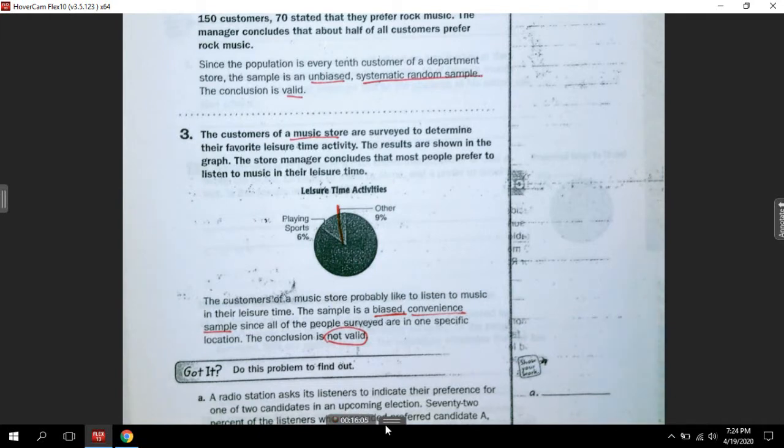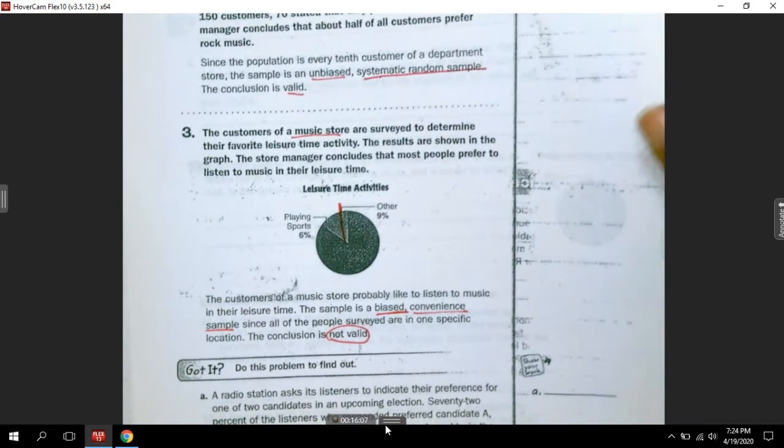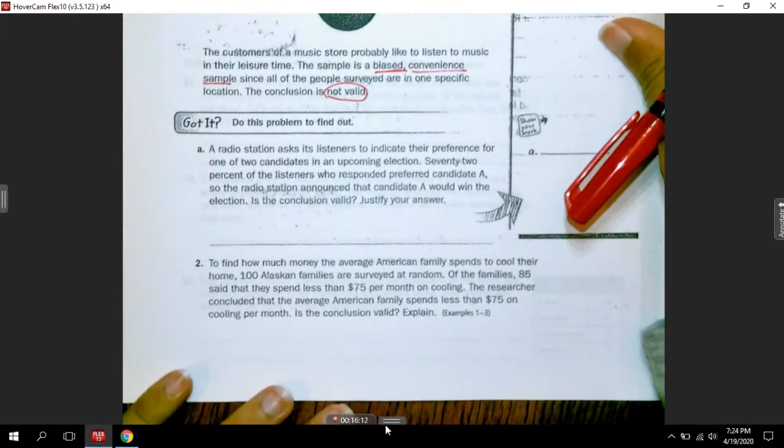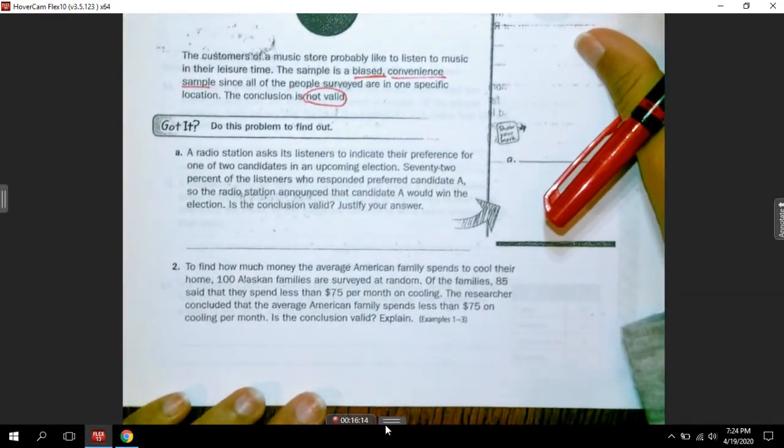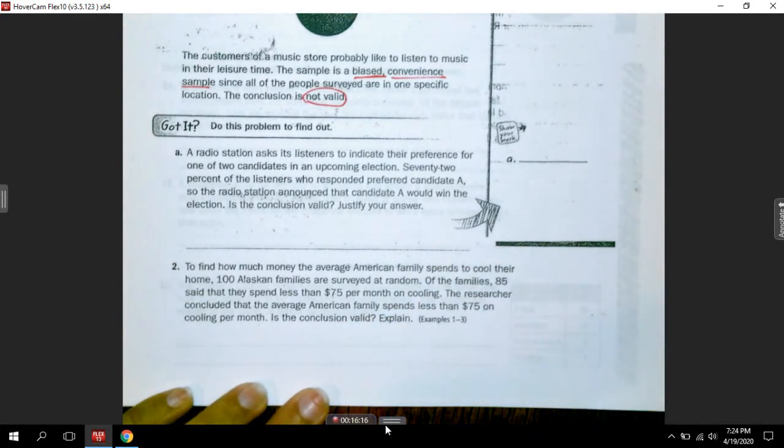Okay. Example A. This one they did not give us the answers to. A radio station asks its listeners to indicate their preference for one of the two candidates in an upcoming election. 72% of the listeners who responded preferred candidate A, so the radio station announced that candidate A would win the election. Is the conclusion valid, and justify your answer? Okay, so